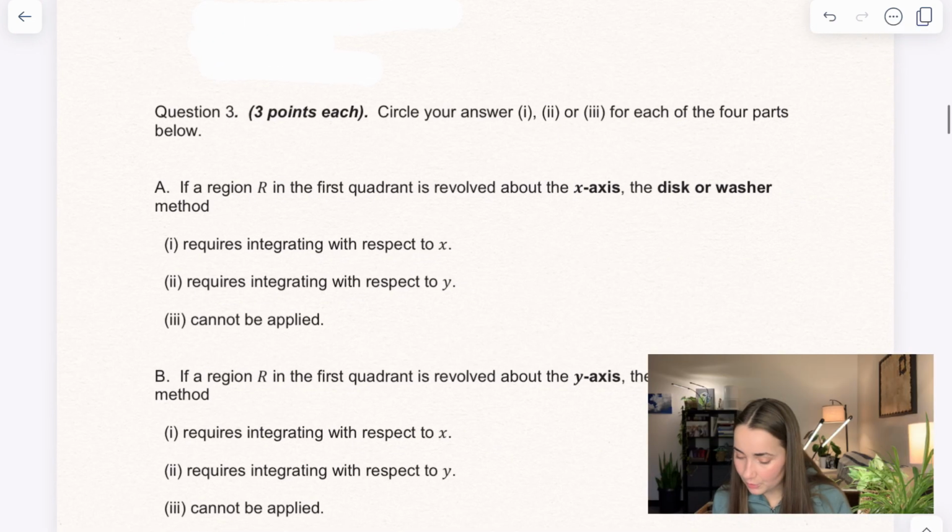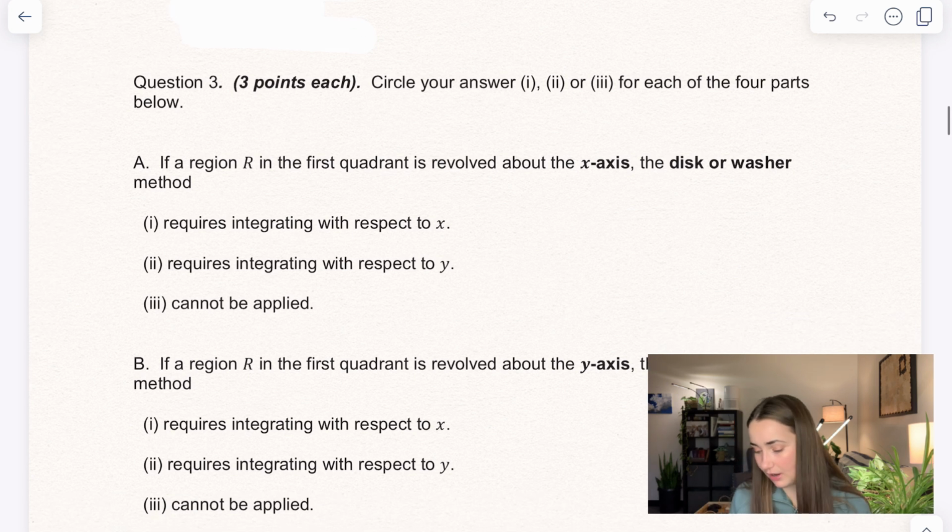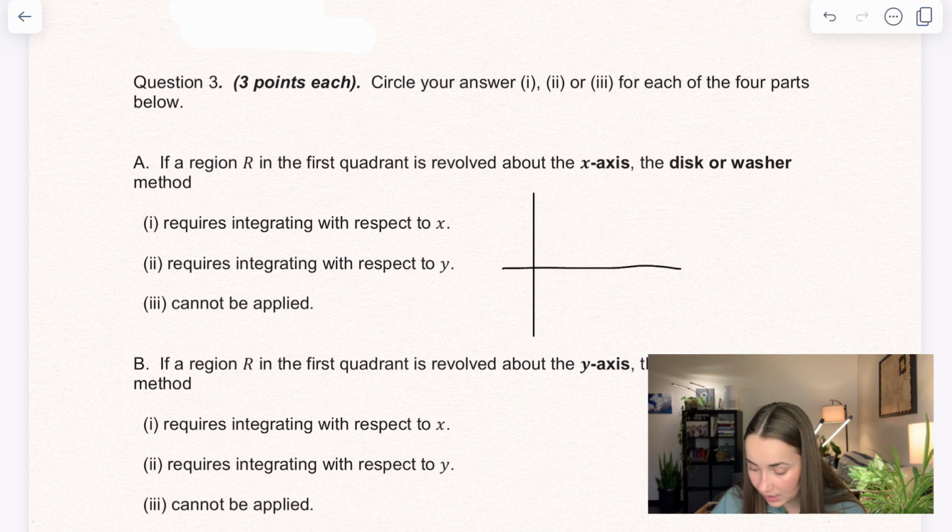little less work. So for question 3, we have some circle your answers, and we're going to go ahead and go through it. So if a region R is in the first quadrant and is revolved around the x-axis, the disk or washer method requires, and we're going to figure out if it integrates with respect to y, integrates with respect to x, or cannot be applied. So I suggest, if you don't already have what it does memorized or understood, draw a